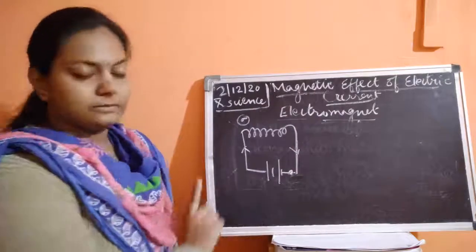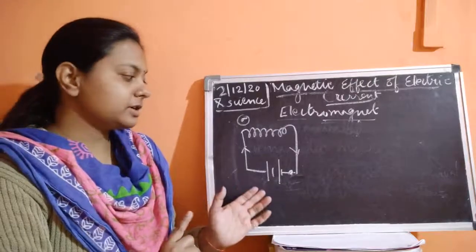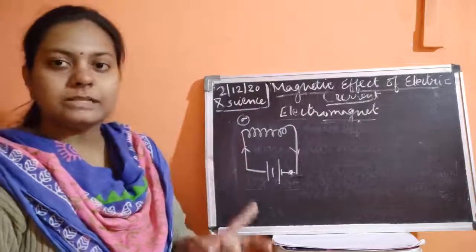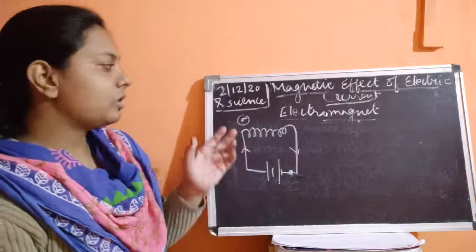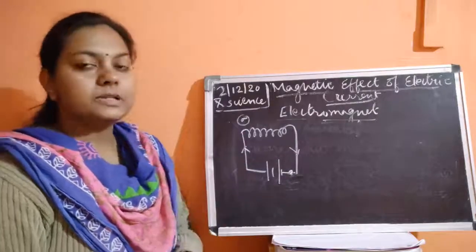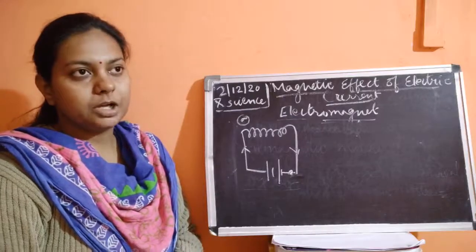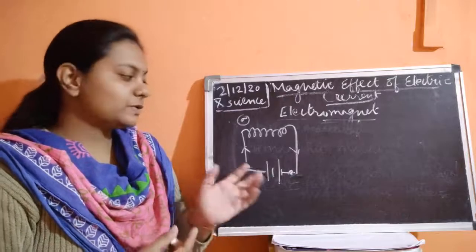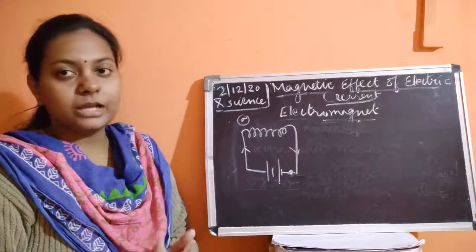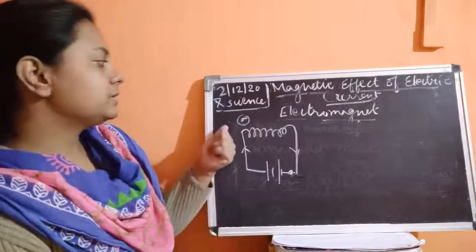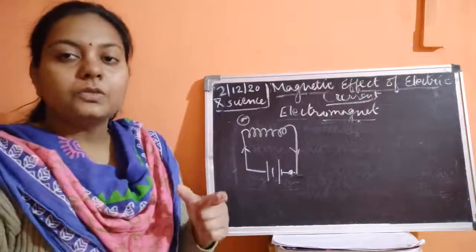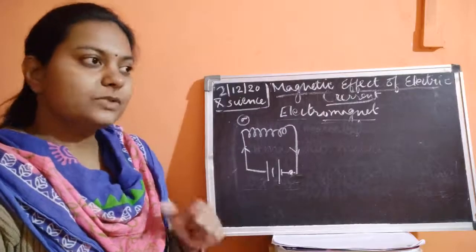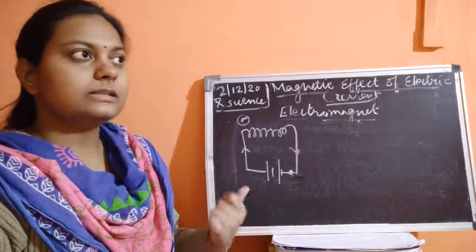We'll switch it off again. As we are breaking the circuit, because we are switching it off, what happens? The needle of the magnetic compass comes to rest. Then again we turn the key on, the switch is turned on, and the current starts flowing. And then what happens? The needle starts deflecting. So we are making two situations over here. When the switch is in the on condition, it means that the current is flowing.